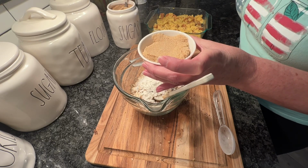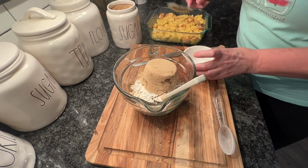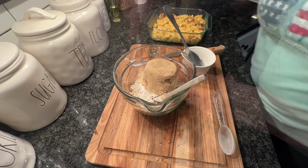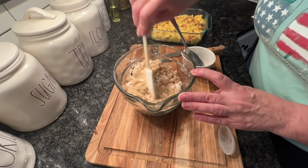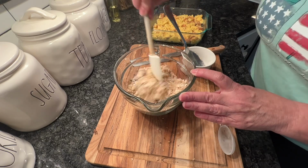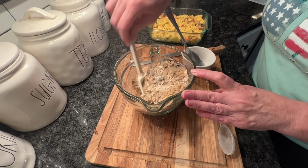You could absolutely use coconut sugar or sugar alternative here, or you could just use less of the brown sugar if you're trying to watch how much sugar you're using. But honestly, as is this recipe, you don't need syrup or anything. But if you plan on using syrup, which I recommend blueberry syrup, you could cut back on that sugar a little bit for your topping. So just give that a good mix together, break up the clumps of sugar, and then we're gonna cut in